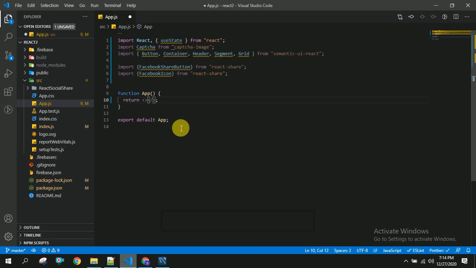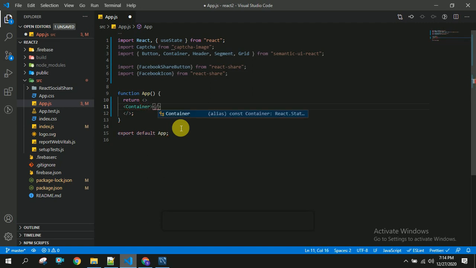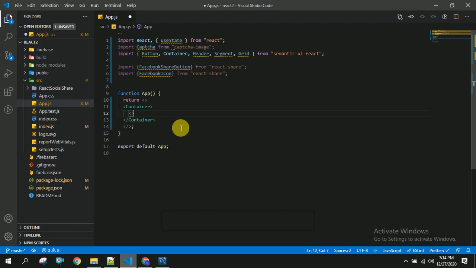Now we have to come to this function, and I'm going to use a container from Semantic UI. In this I am placing a segment.